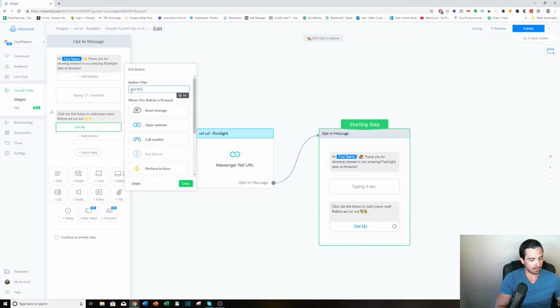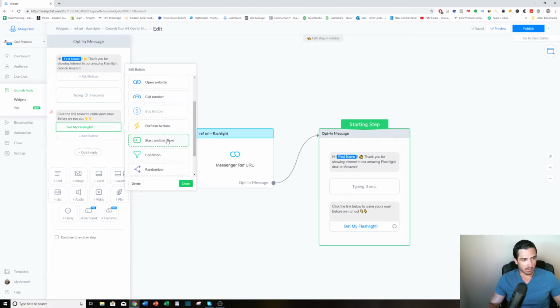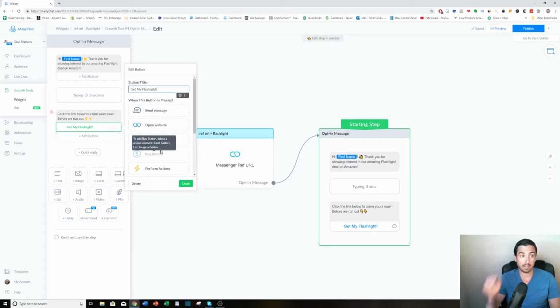Get my flashlight. Okay. And opening website, these are all the different functions you can have for when the person actually clicks the button. We can open a website, we can send them another message, we can do all these things, right? Start another flow. There's a whole bunch of things, as you can see, and I'm not going to get into every single one